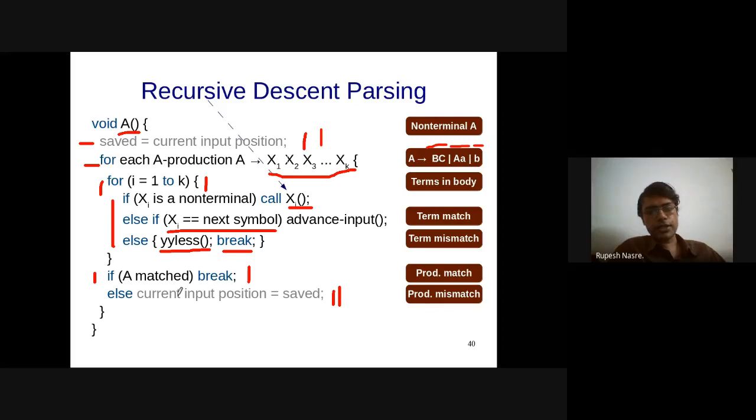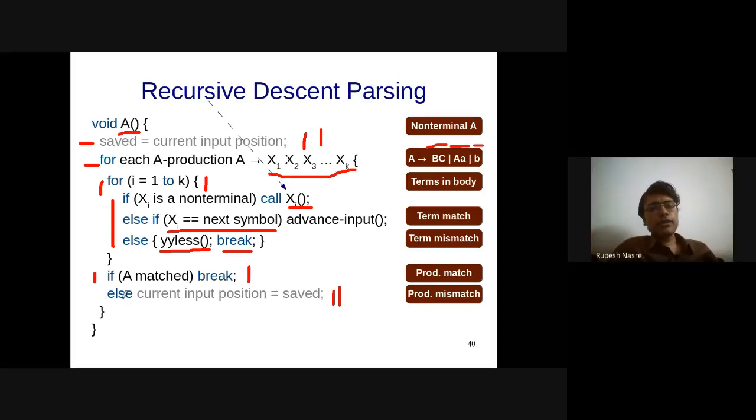Those are implementation details. But in case of table-driven parsing, we will have some sort of end marker, and if we are in that particular column for that end marker, then we will be able to say that we have consumed all the input and we have matched this particular production.